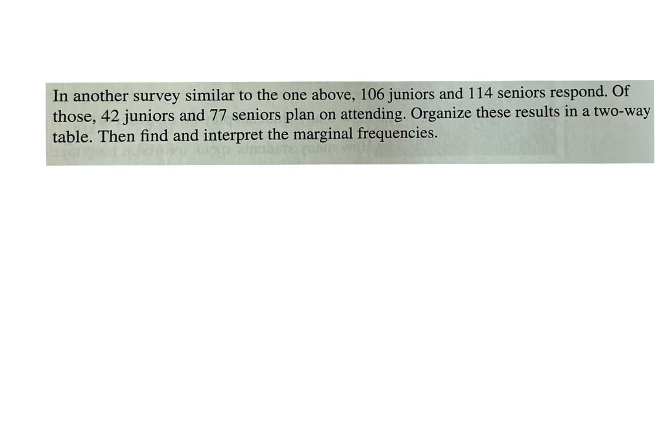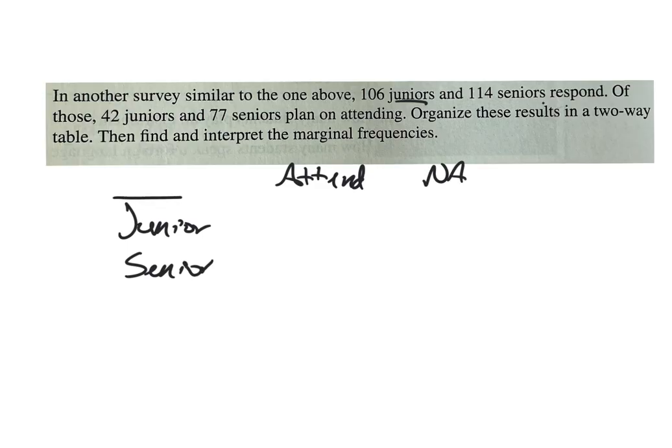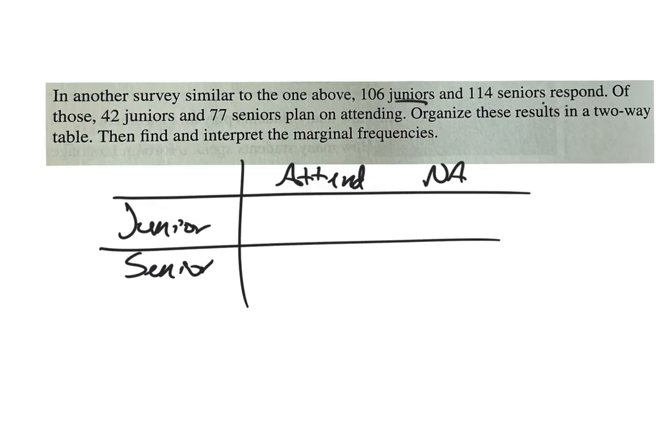Okay, so here's what we're going to do. We got juniors and seniors again. So I'm going to put those on the side, juniors and seniors. And then I'm going to put the people who are attending. I'm just going to put the word attend and then NA for not attending. All right, so I'm going to make a little two-way table here, draw a couple lines. And what the problem told me was that there were